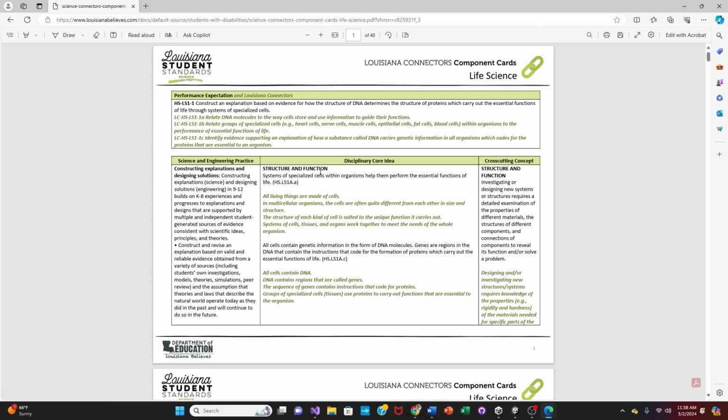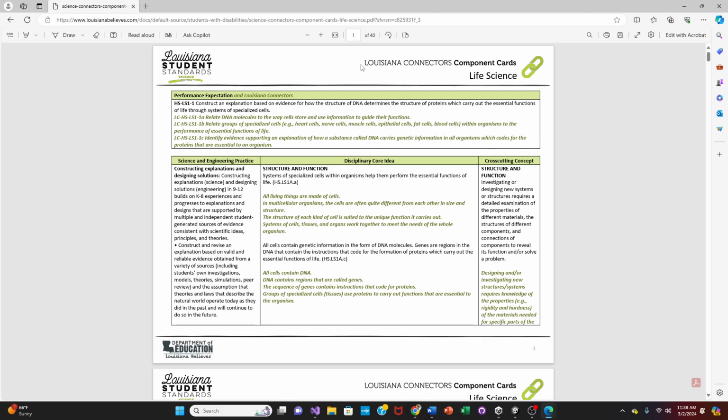Okay, the first thing that we need to do when we're deciding what kind of game we're going to create is to figure out why we're creating it in the first place. So, for an educational game, we need it to achieve an objective, and your objective is going to come from your standards. So, in my case, I teach science in Louisiana,